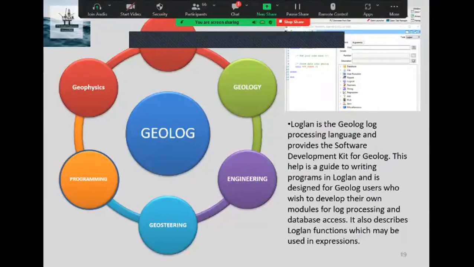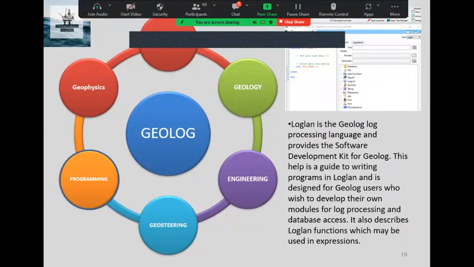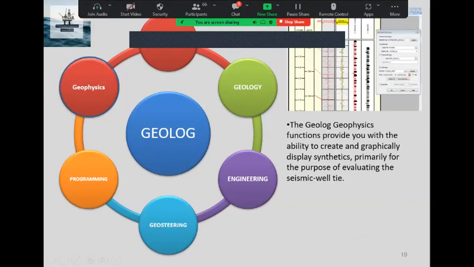This is a guide to writing programs in Loglan, MATLAB, or Python for Geolog users who wish to develop their own modules for log processing and database access. And the Geolog geophysics functions provide you with the ability to create and graphically display synthetics, primarily for the purpose of evaluating the seismic well tie.